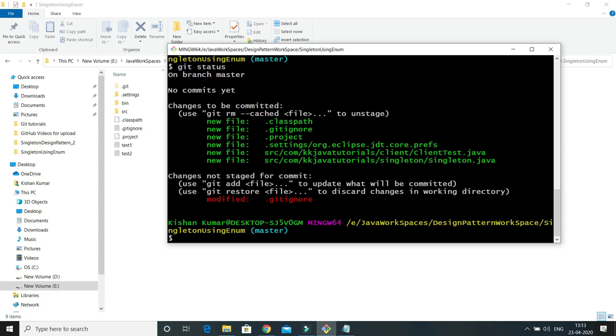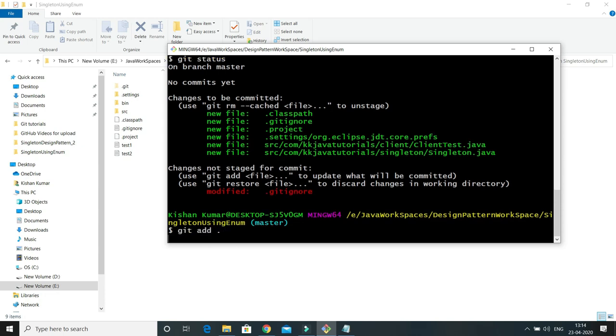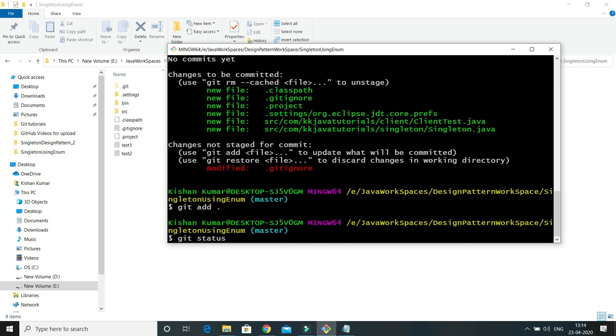But Git is still saying there is one more untracked file, called .gitignore, right? So of course we would like to add this file also to the staging area. This file we had already added to the staging area, but we did some modification, that's why it is showing under untracked files. So you will have to do git add period, so that it will be added again into the staging area.